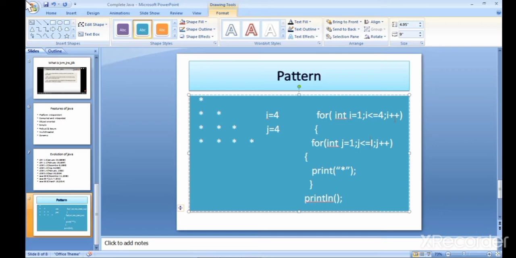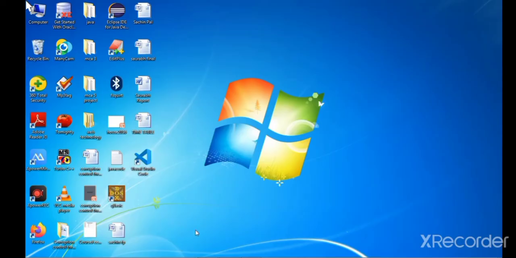When the value of I is incremented, after incrementation it becomes 5. Then it checks the condition, I is less than or equal to 4, and since the value of I is 5, the condition goes false and it exits from the whole program. After that we are going to check and compile my program in the Eclipse IDE.